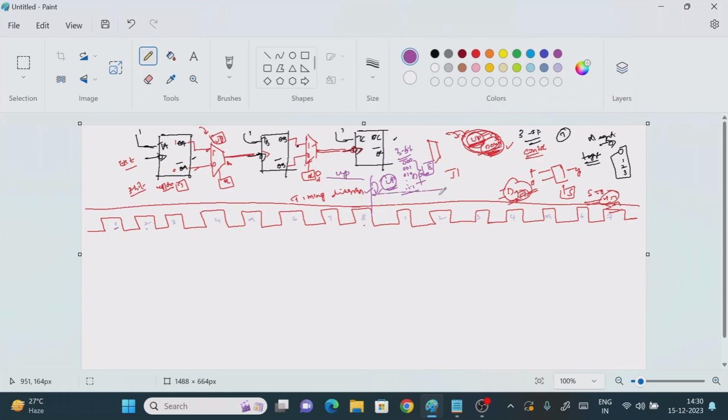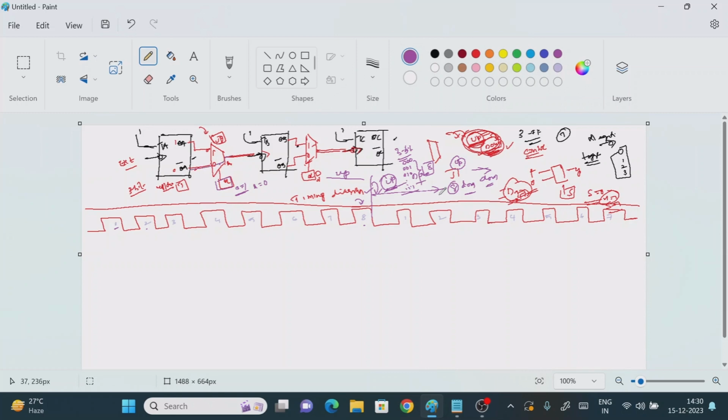The remaining side also has 8, right? This I will use for the down counting operation. So take a minimum of 8 clock pulses so that you can perform the up count, and then 8 clock pulses so that you can show the output for the down counting also. Now the question is, based on what will you get up counting or down counting? x equal to 1 means up counting. x equal to 0 means down counting.